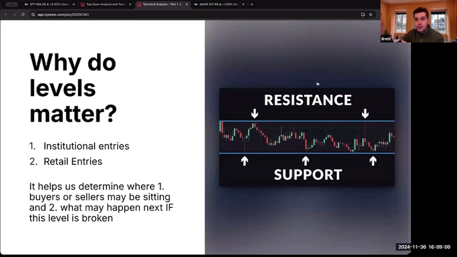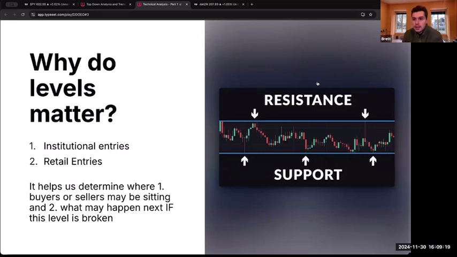Think about it. If you're an institution who wants to buy 10 million shares and there's only active liquidity on the sell side of like a million or 2 million shares, how can you be buying? You can't. So what are you going to do? Well, you're going to tell your quants, or your executors, or your traders,